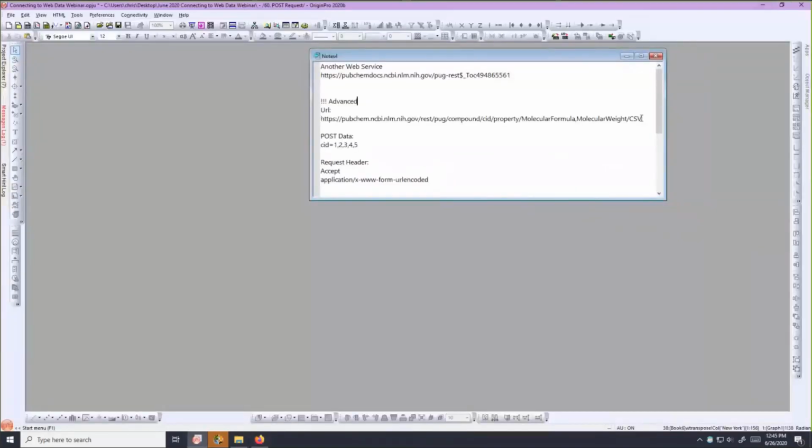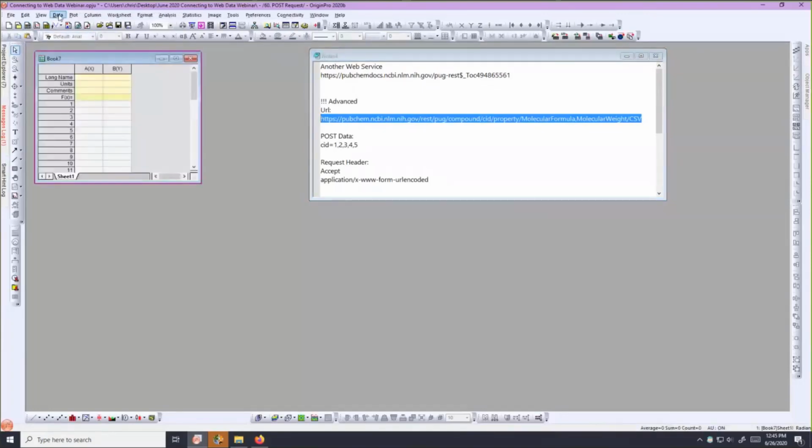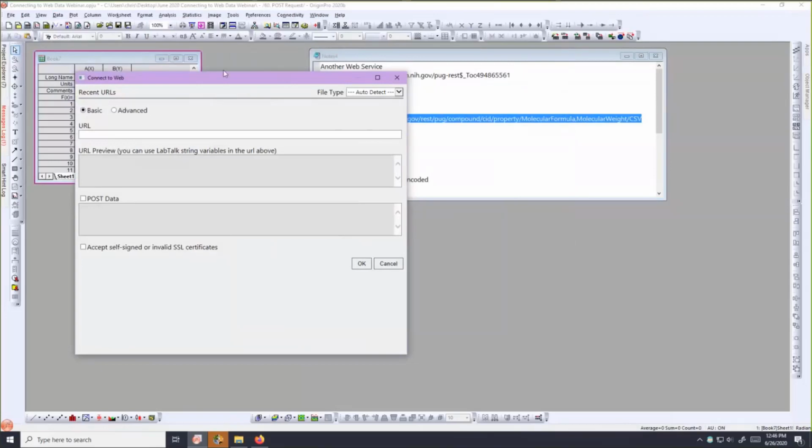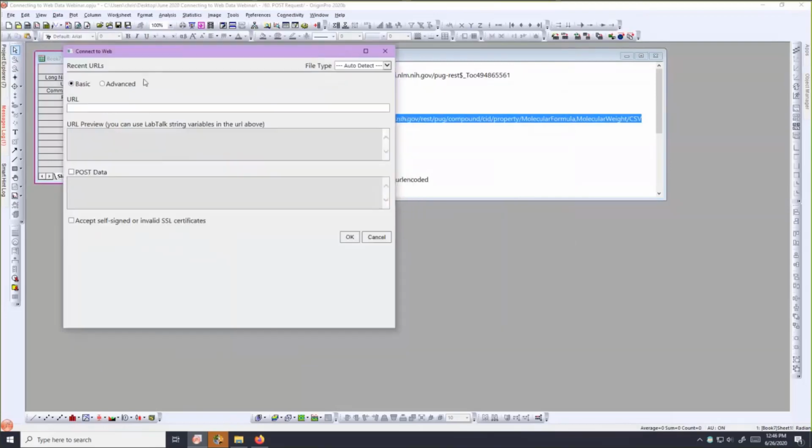And I'm going to copy my URL because it's mighty long. By the way, if we look at the end of the URL, this will be CSV data. If you have a choice when you're connecting to a website of all the different data types to pull in, we suggest you use CSV data because it most closely resembles the worksheet rows and columns structure. So I've copied my URL, create a workbook, Data, Connect to Web, and since I'm going to have a post body and I need to add some headers, I am going to make an advanced